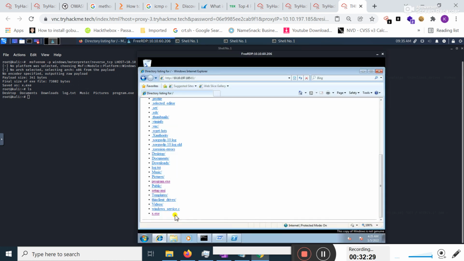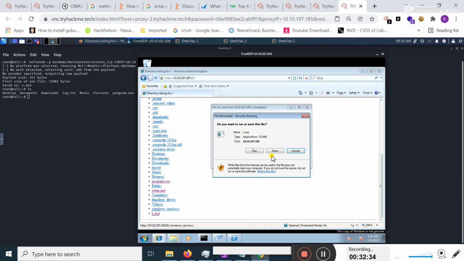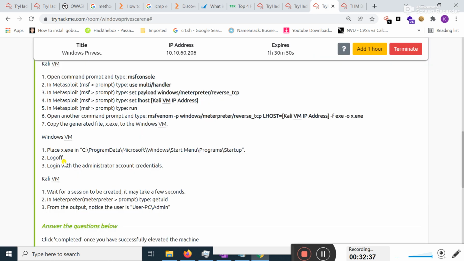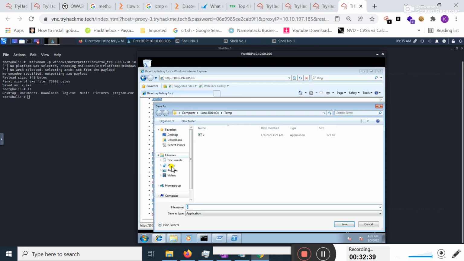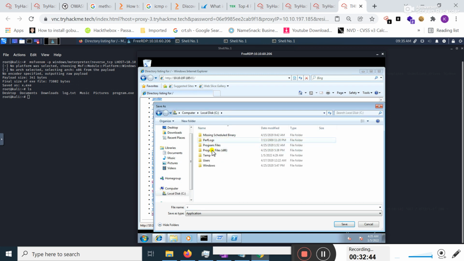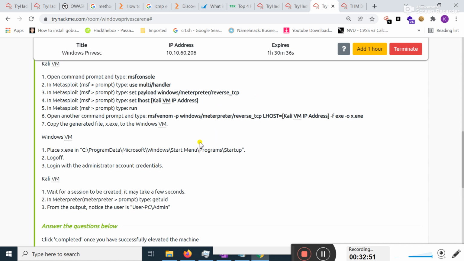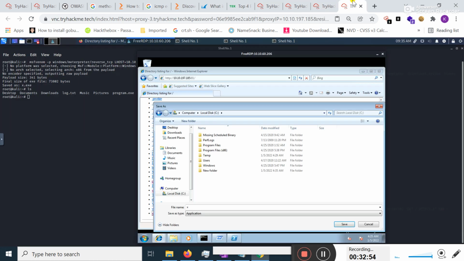From here I'm going to click on this newly created file and move this to the C drive, ProgramData. From C ProgramData Microsoft, some folders are hidden here.